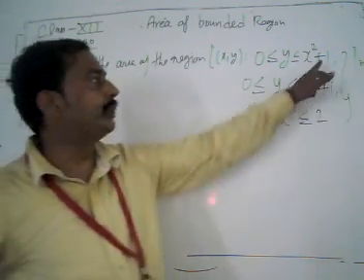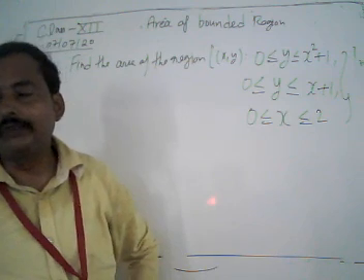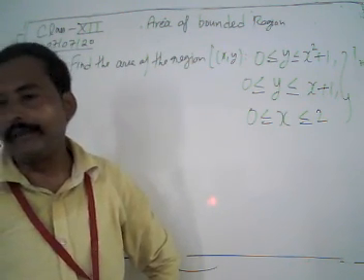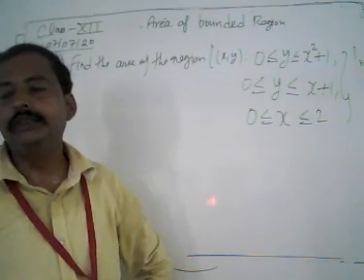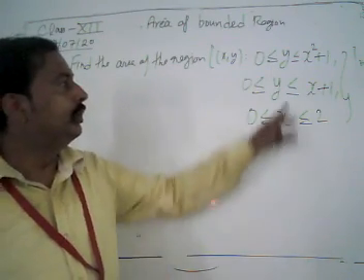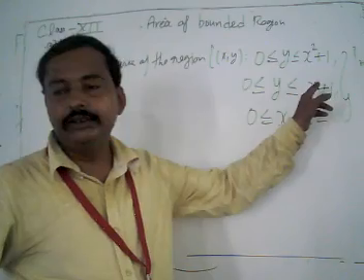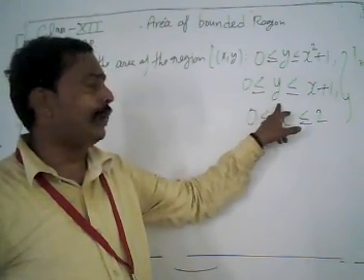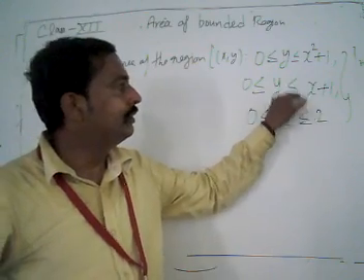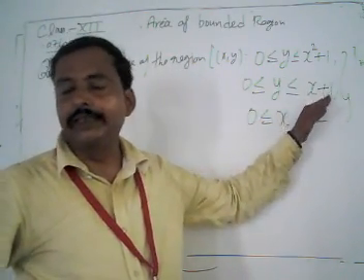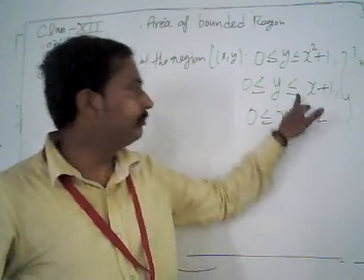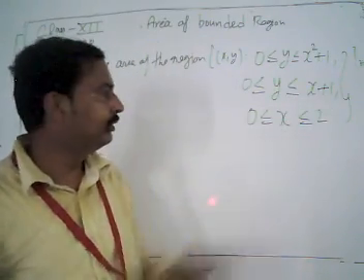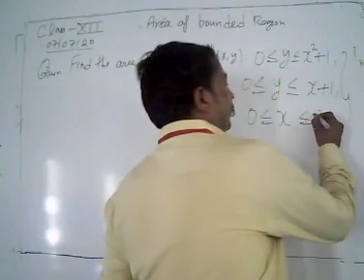Putting the 1 on the other side, y minus 1 equals x square, a parabola with vertex at 0, 1. Then we have to take the region below the parabola. Again, y above the x axis, and x plus 1 represents a line, and we take the region below the line because y is less than or equal to x plus 1,